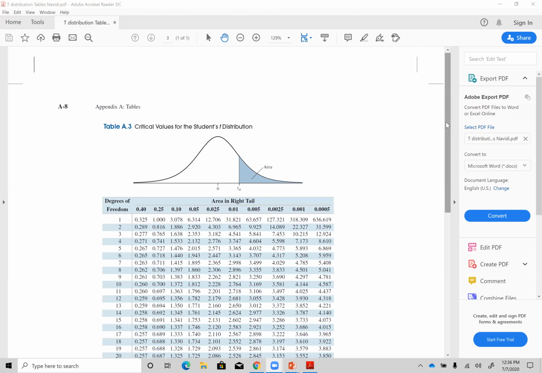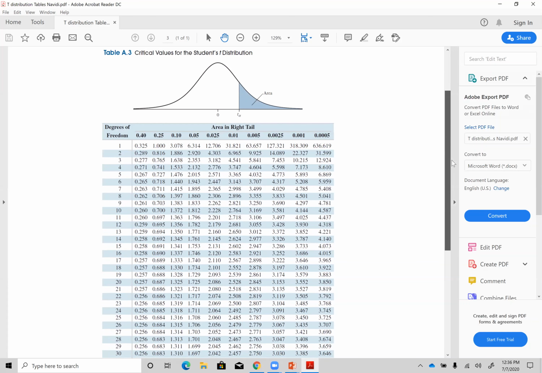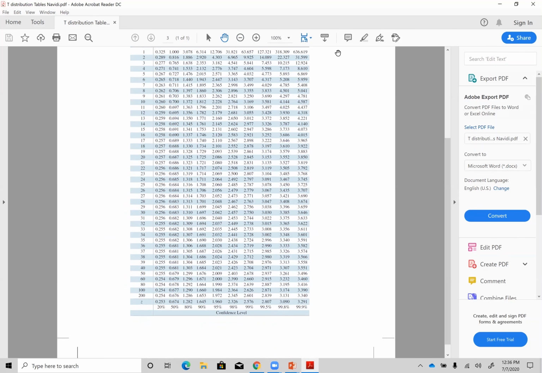Table A1, which is the table that I did not mention to you guys yesterday. We use the same table. We're using the same table to find the critical value for a Z critical value. So yesterday, if you look at this thing here on the bottom of this table,